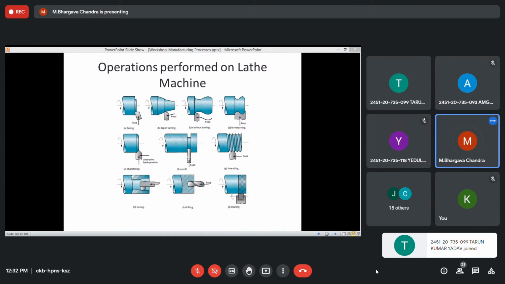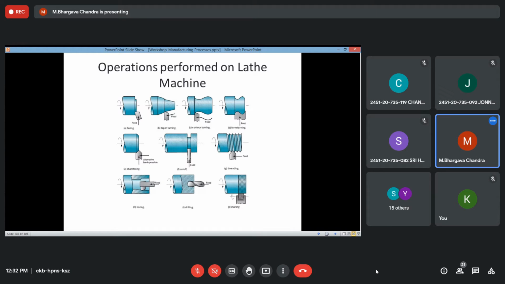Okay. So let us go back. The first one is facing. The face side will be machined here. The face side is nothing but the top and bottom of a cylindrical component. The tool bit will be moving radially towards the center. When it comes into contact circumferentially with the rotating workpiece, slowly the face material is removed while the tool bit moves towards the center from the circumference. That part is called the face, so it is called the facing operation.